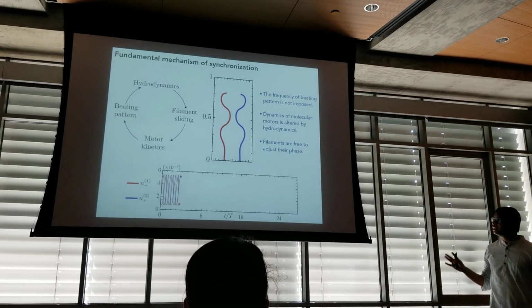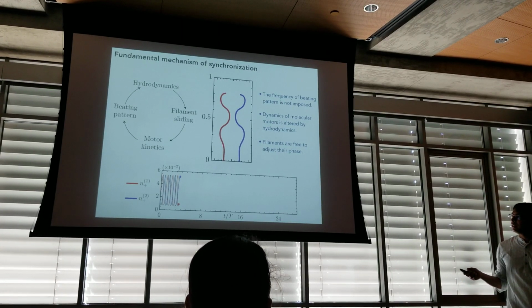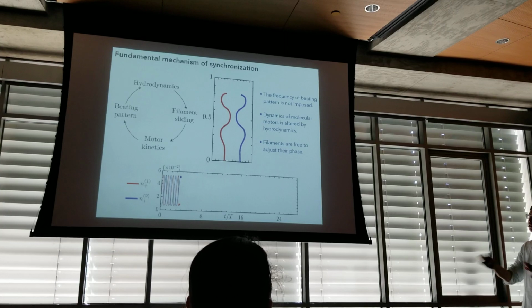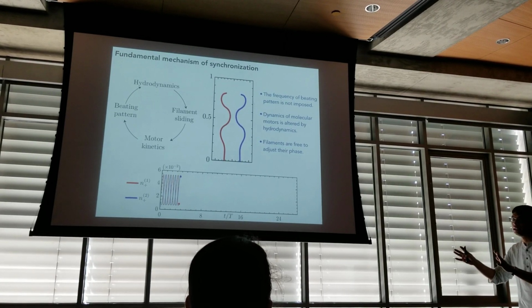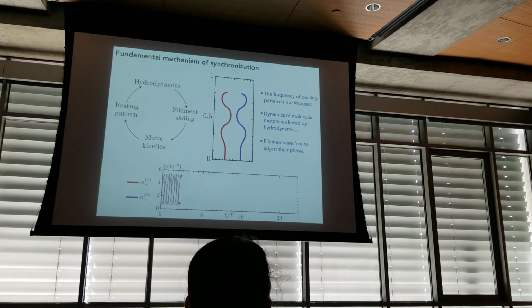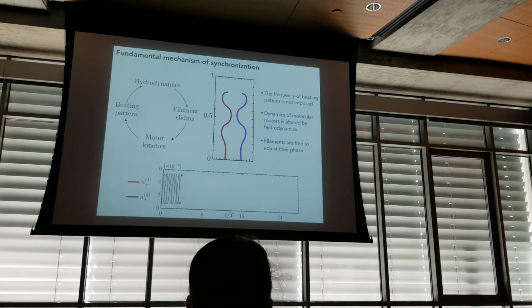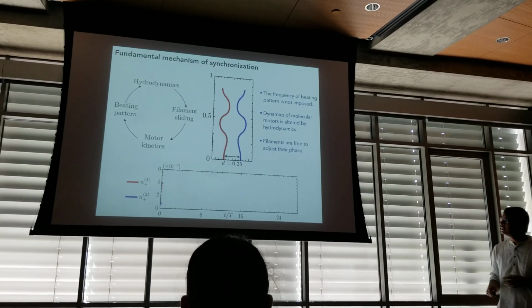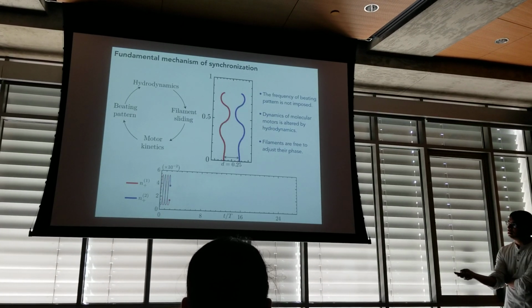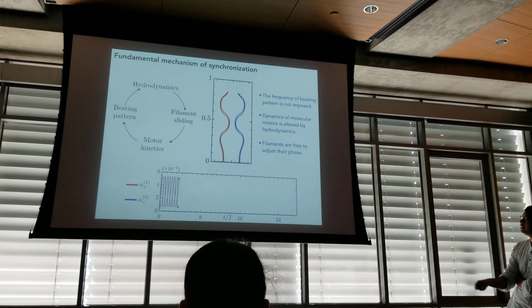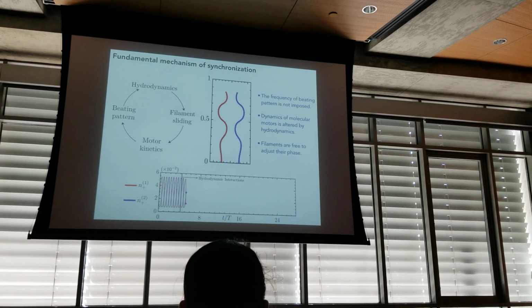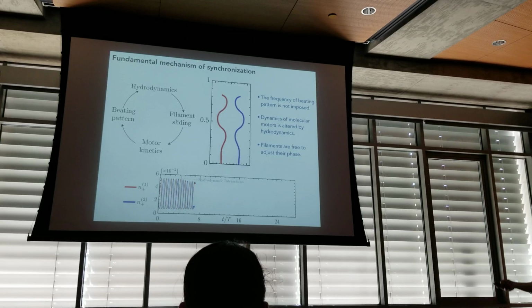Since these are numerical simulations, you can do funny stuff. And what I will do is let them oscillate without hydrodynamic interactions for a while. So you can see them oscillating anti-phase. And then I will turn on hydrodynamic interaction and see how things change. So you see them oscillating anti-phase, you see the motor populations also oscillating anti-phase. And then you turn on interactions, and almost instantaneously you see that the amplitude